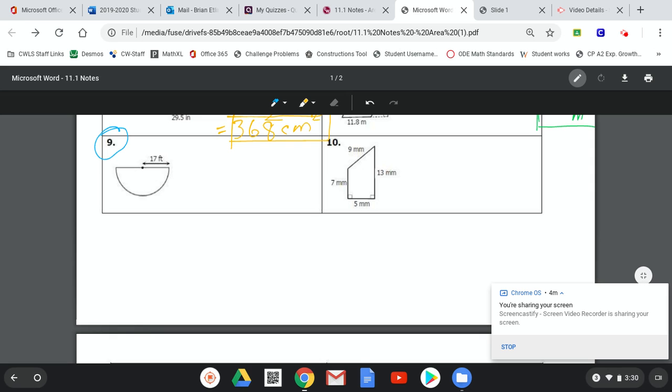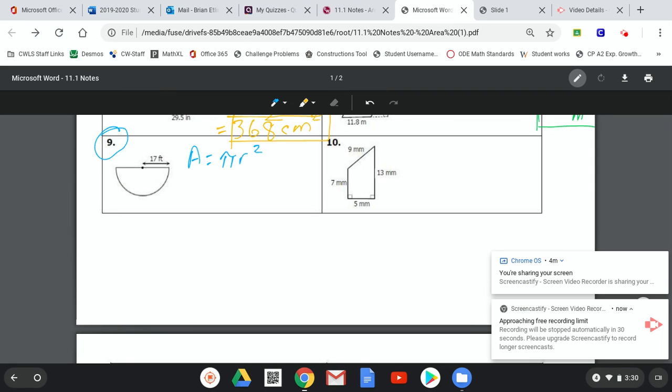So all we're going to do is we're just going to find the total area and divide that by 2, okay? So our area formula for a circle is area equals pi r squared. So our radius here is 17. So all we do is pi times 17 squared. Now when we do that, we are going to get 907.92. Now, if we were in class, I'd say, is that our final answer? And I hope you guys would say, no, Mr. Elling, that's